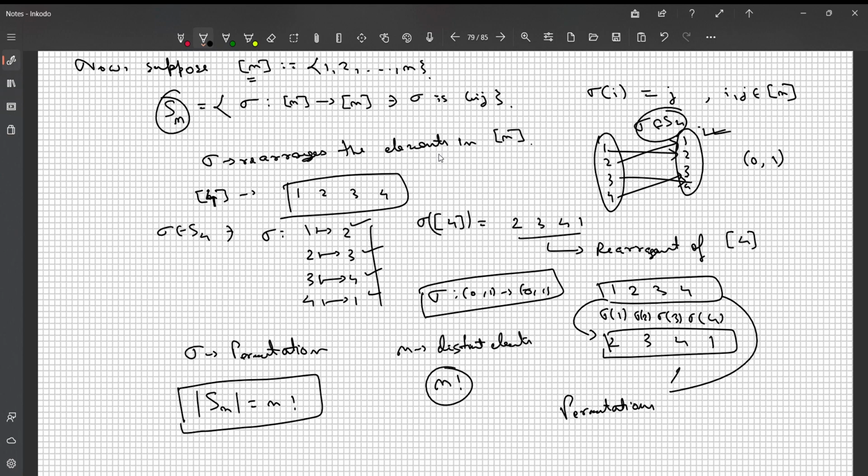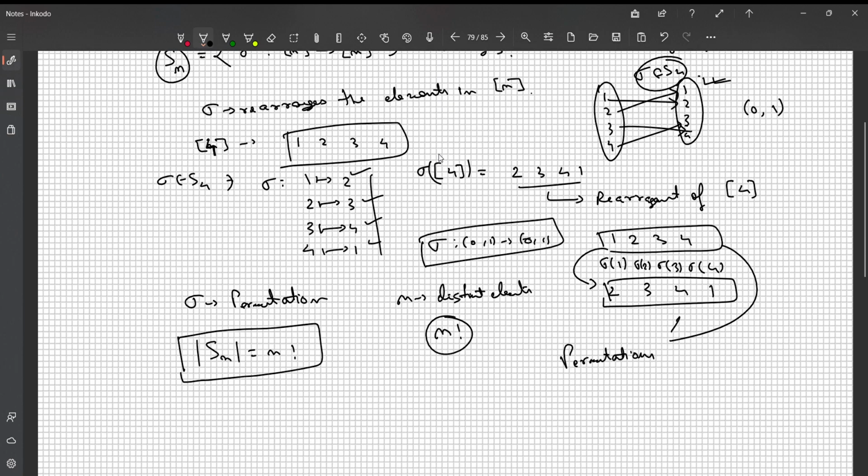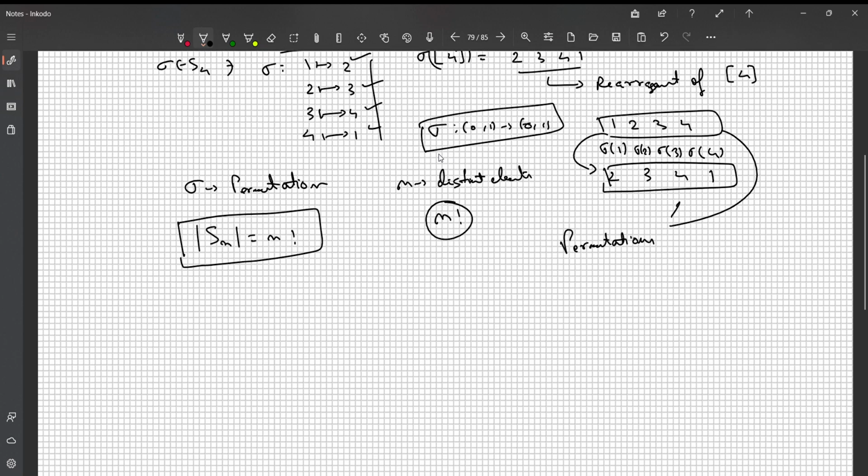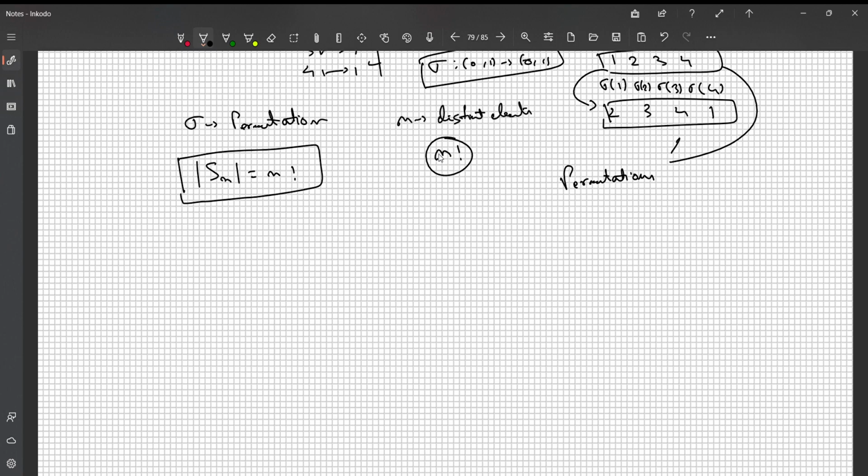Clear? Now our goal is to find out a way to denote each element in Sn such that it's typically clear what that element exactly resembles. Okay. So the first notation which we will be talking about is,